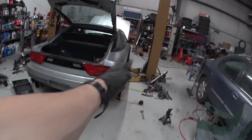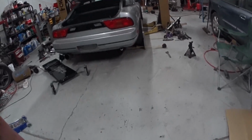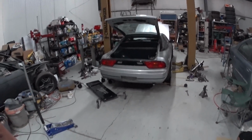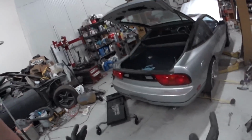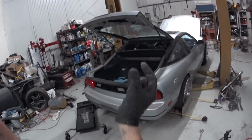I mean, looking down this side of the car, that's how you could really tell. You just kind of get down here and you can see that it looks pretty straight. So that's a pretty simple way of dialing in your car. Like I said, you got to be really careful. And pretty much what I try to do is line up that notch in the center of the arms